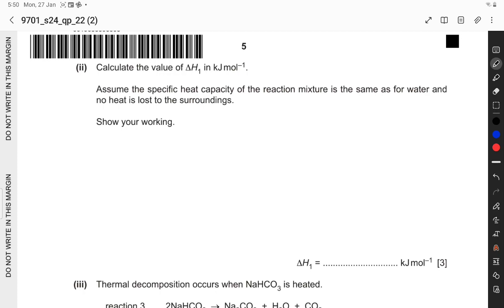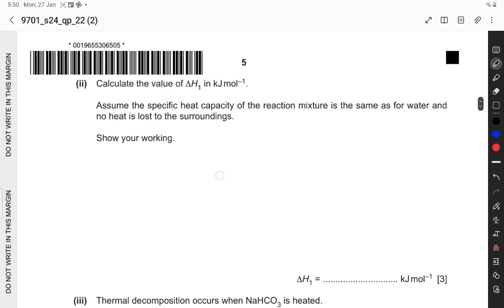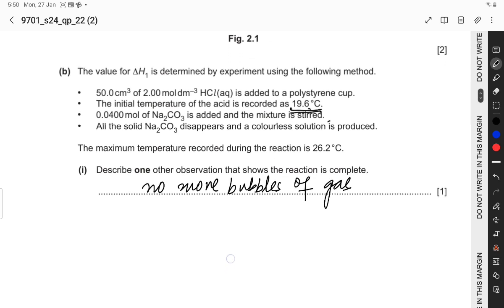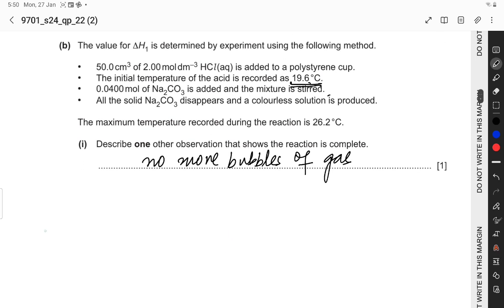So this is how to calculate the heat released. This is the polystyrene cup and the thermometer. First we add HCl, then